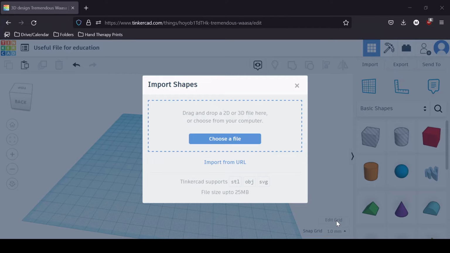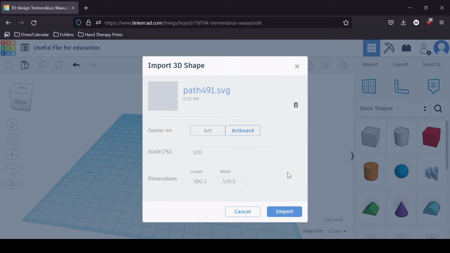So what I'll actually do, I've been working on some flat splints for hand therapy. What I'll do is choose a file, go and find that SVG that I was working on. I can import that. Now this is going to import as very large. I don't actually need it to be that large, so we'll go down to like 25% here, and that'll get it closer to what I actually need it to be. I'll then click import,